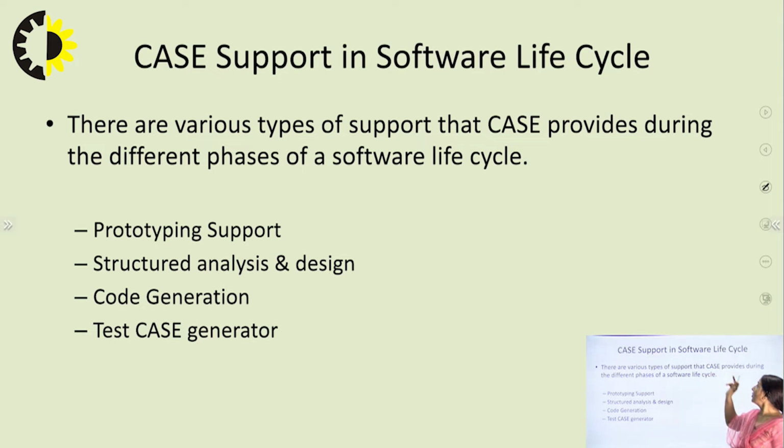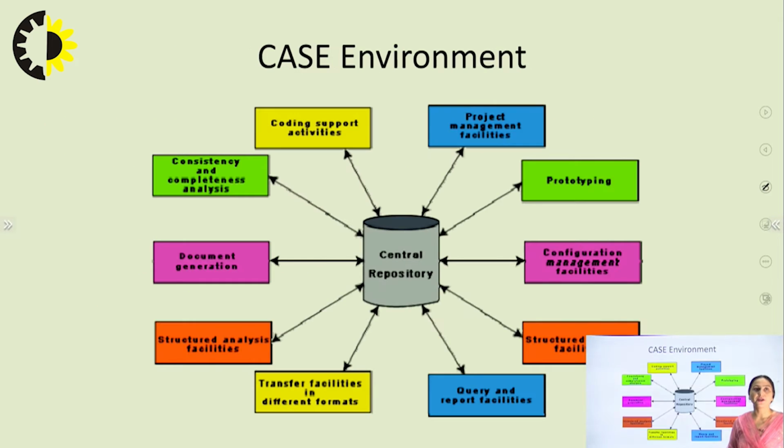Now, what is CASE support in the software life cycle? There are various types of support that CASE provides during the different phases of the software development life cycle: prototyping support, structured analysis and design support, the generation of code, and lastly the test case generator. Now, this is basically the complete environment of CASE tools. As you can see, there is a central repository, right? An individual type of CASE tool can work accordingly, but we generally prefer a mixture or the integration of different tools in the particular environment. So, we'll have a central repository with the help of which different types of tools can be